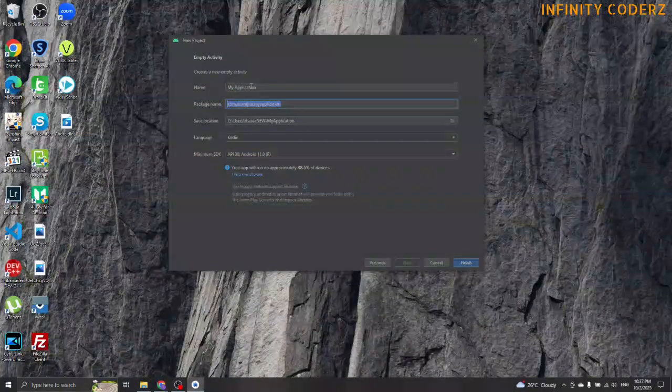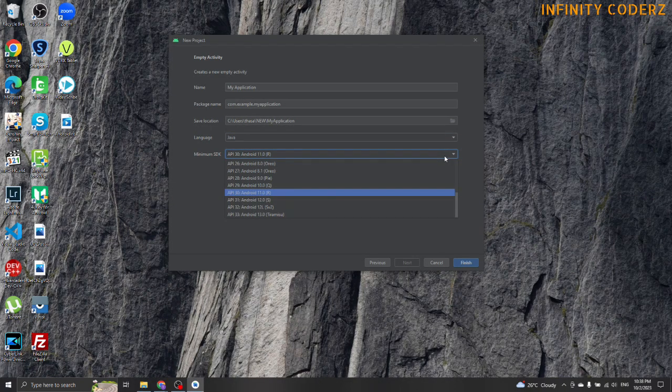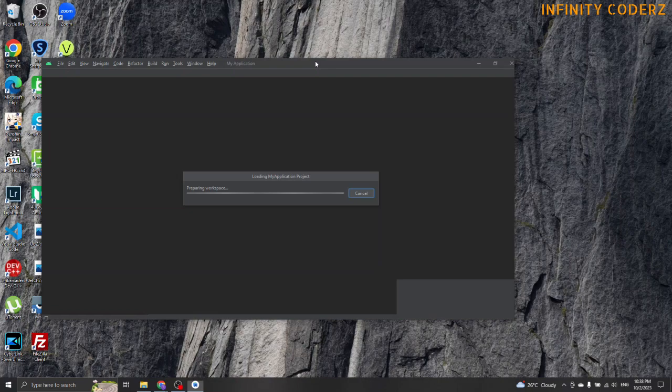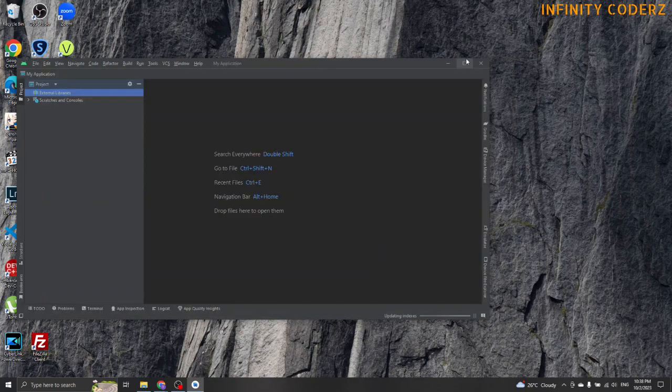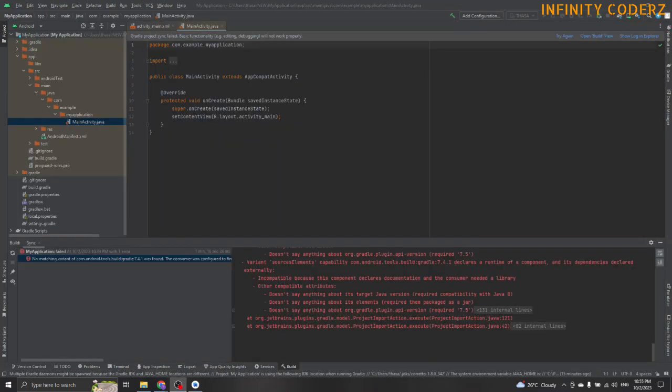In the New Project window, there are a few project options to be filled in. This includes choosing the project name, package name, and selecting the location where to save the project files. Next, we should select the minimum and target SDK versions, as well as the language you want to program the app in. After clicking on Finish, the project would be created. When the Android project window is open, the dependencies for the new project files would be created and synced. If we are new to Android Studio, there is always a dialog showing useful tips that could be used in Android Studio.